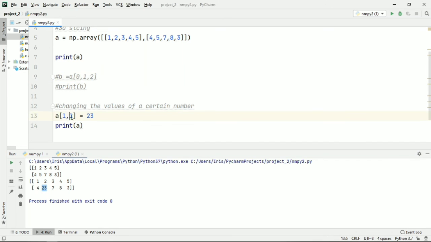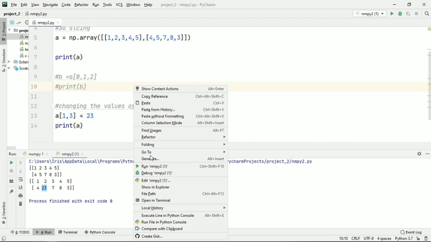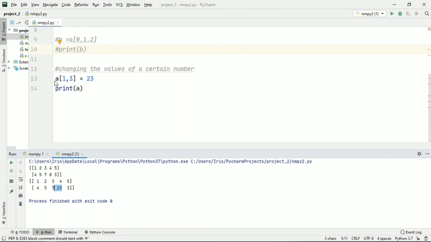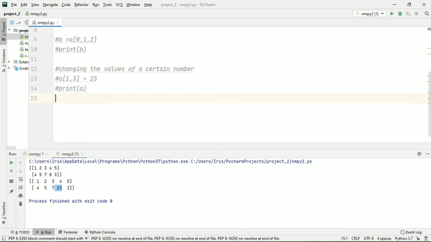So let's do some more changes. Let's change the third column and the first row. That goes 23 comes here, so it replaces the number 8 in the function. Okay, so now, what if you want to change the whole row or a whole column? That's also very simple. What you do is, let me just hash out a comment. I'll just say changing the value of a column